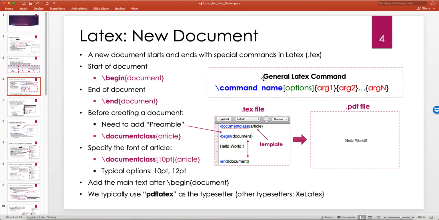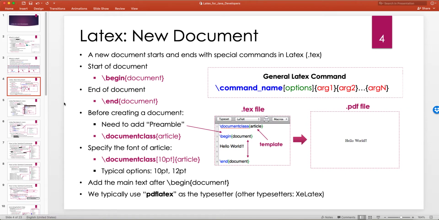So far we've seen what a LaTeX command is. It starts with a backslash, then the command name, and we said that there is no space in the name of the command. After that there are optional square brackets, where we can pass a comma separated list of options to this command, and also the arguments. We said that each curly bracket must only accept one argument. If a command requires more than one argument, each one of them is going to be inside one pair of curly brackets. All right. And we said that pretty much everything in your .tex file, txt file, is going to